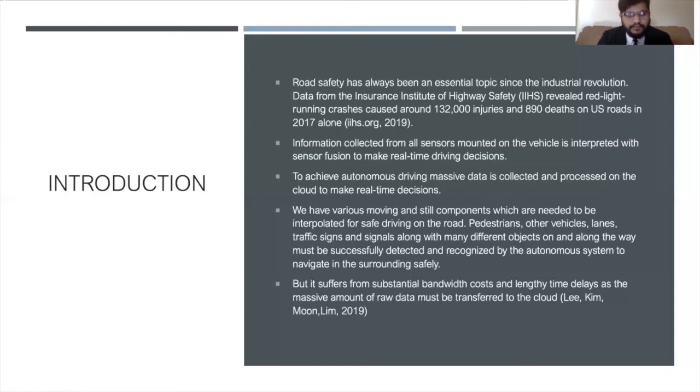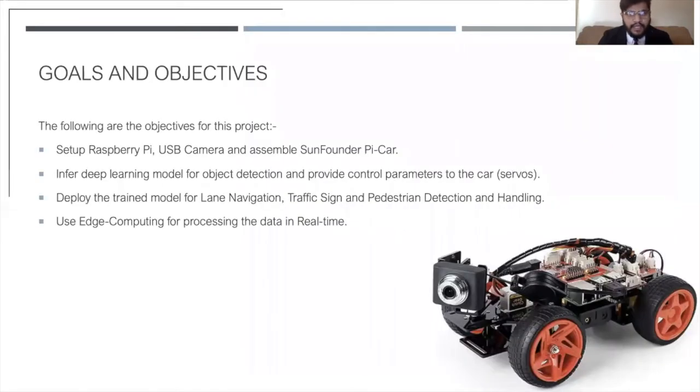So to demonstrate that, what I have done is I have built a physical hardware car using SunFounder's PiCar kit. And as you can see on the slide, the kit has a controller unit, which is a Raspberry Pi, which controls all the computation. And there's a camera mounted in front of the car. So it is just like a miniature version of an autonomous car or any robot.